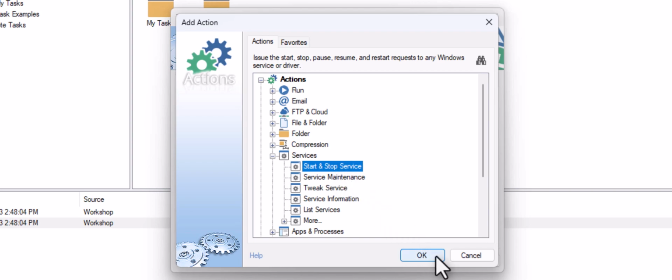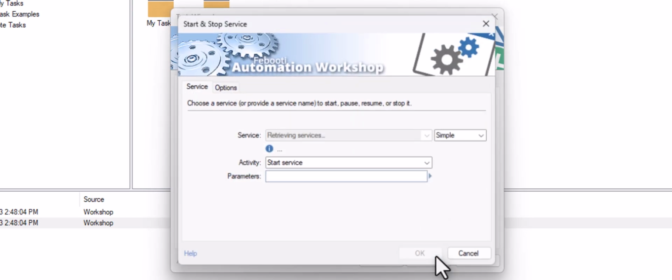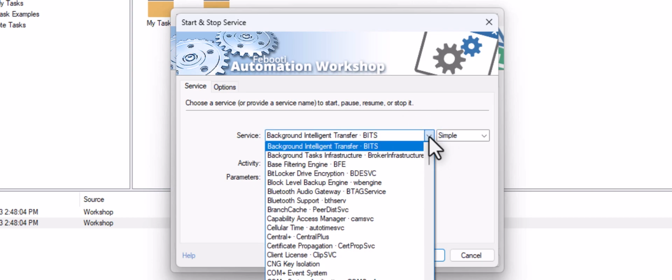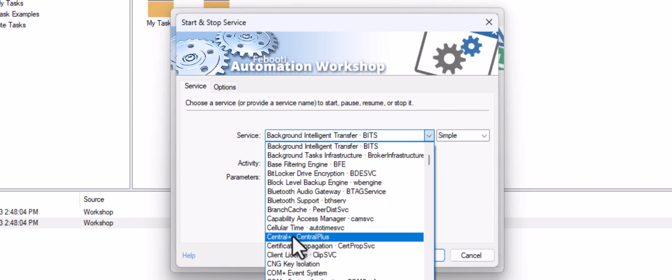This action can be used to either start or stop any Windows service. First, let's choose a service we want to stop. In our case, I will choose our business application's service called Central Plus.